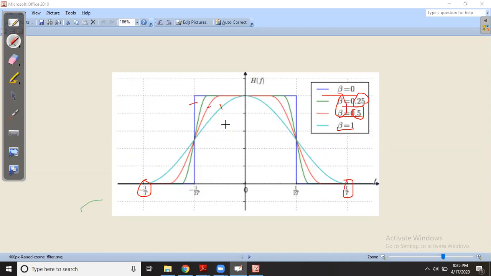That means this sky blue line is giving you when beta or alpha is 1. The red lines are giving you 0.5, 0.25 and 0. In that way, the shape of the pulse is changing. So this totally blue line, this one, is nothing but the brick wall pulse. So I think it's okay.